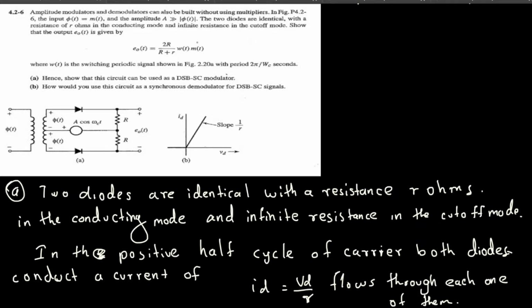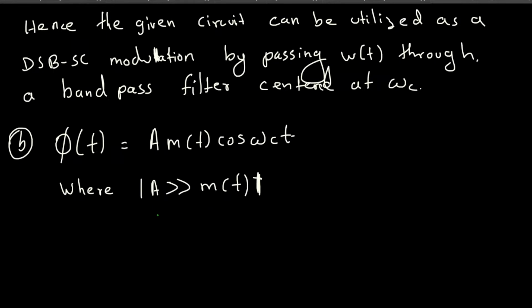It's mentioned right here, phi of t is m of t, so since A is much greater than phi of t, that means A is much greater than m of t. And now phi of t is fed to the circuit,